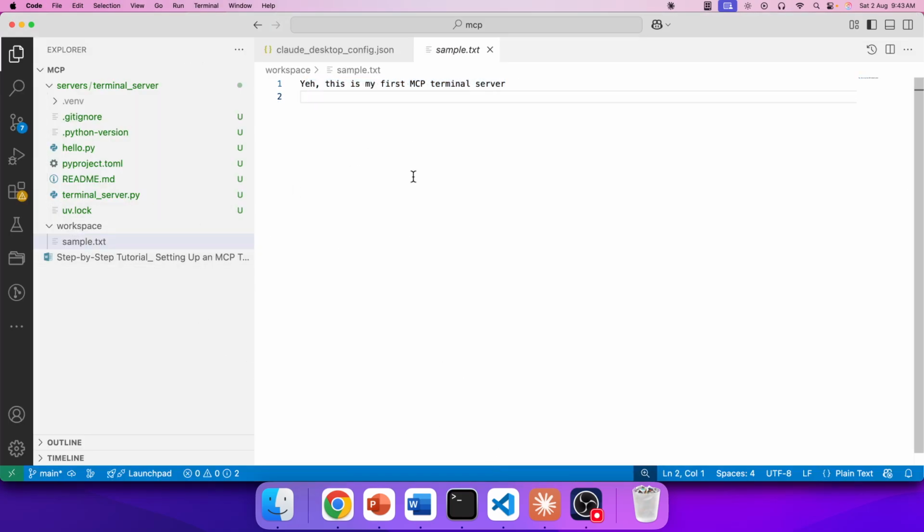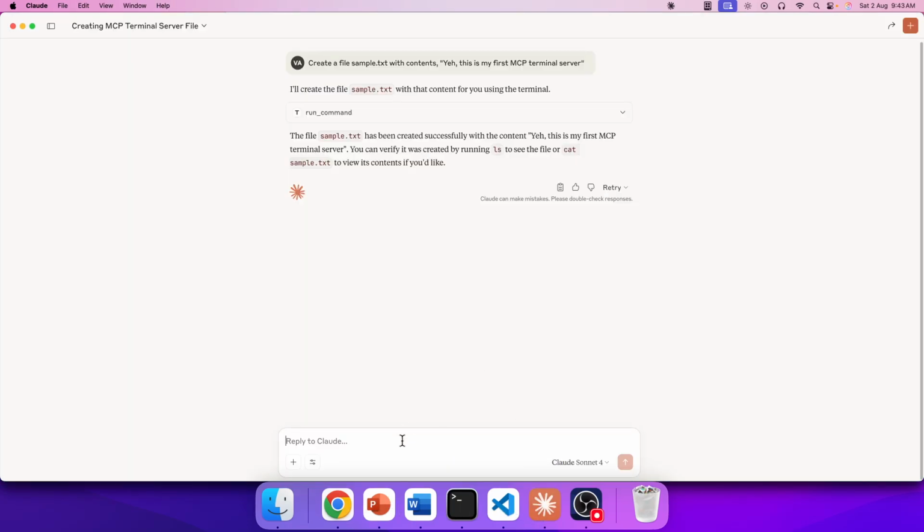Now let me do something. I will say delete this sample.txt. Now it is there. I'm saying delete this. Let's see what happens. So I will go to Cloud Desktop again. I will say delete the sample.txt just created. So I will mention something before deleting the file: copy the contents of the file to another file,